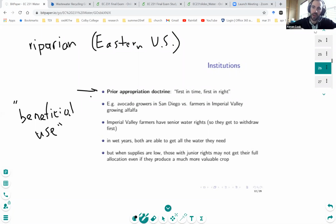And if there's no way of reshuffling the water around after those initial rights have been allocated, then you can have these things persist where you have a lot of water being used in uses that are not very valuable for society, just by historical accident, just because the person got there first, and there's nothing that can really be done about that. And that's why water marketing is so important, because you have these historical accidents of certain